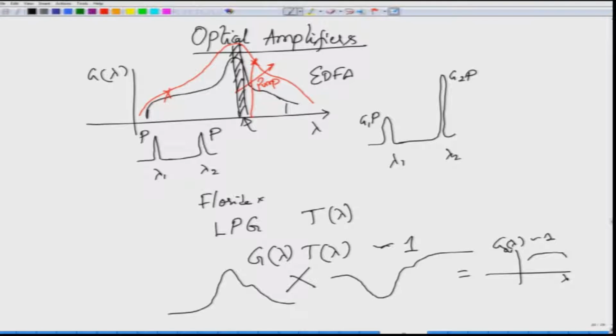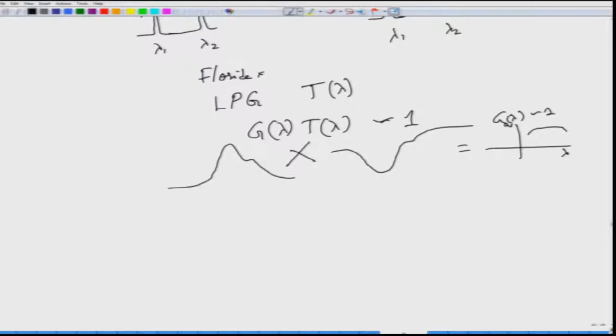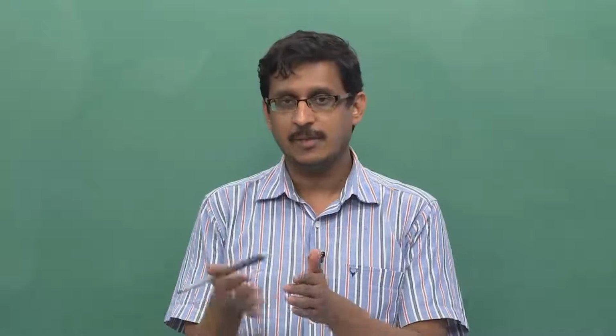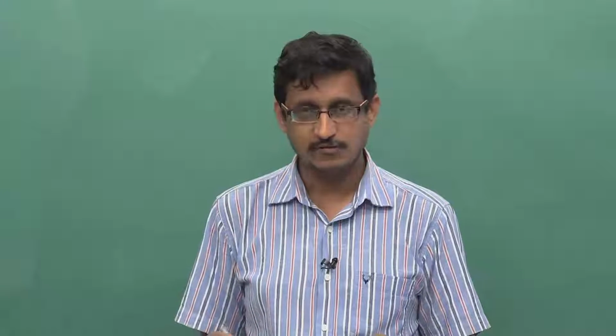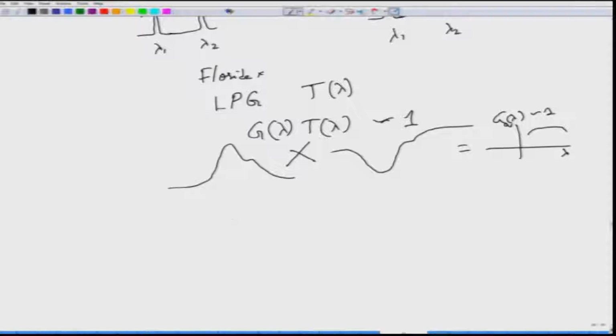Because of such a major use of a long period grating, commercial erbium doped fiber amplifiers operating over this wavelength range actually come with an LPG integrated into them. So you have a fiber, then you also have an LPG, and then you have additional components. If you look at a commercial erbium doped fiber amplifier, you need a pump coupler and you need a pump. What is the wavelength of the pump that is normally used? 980 nanometer. You have a signal that is coming in which is at around 1550 nanometer,